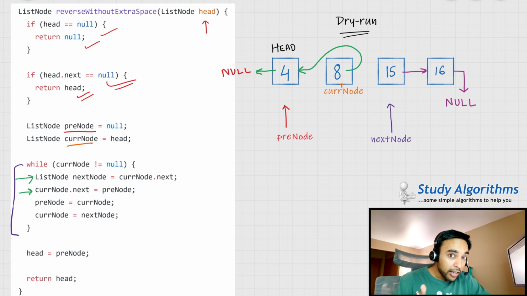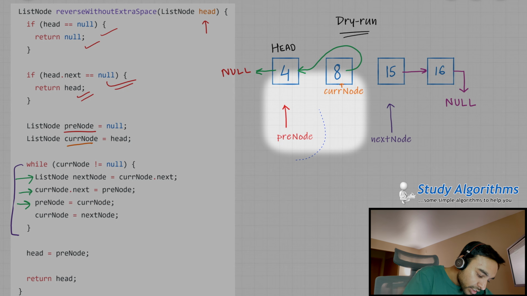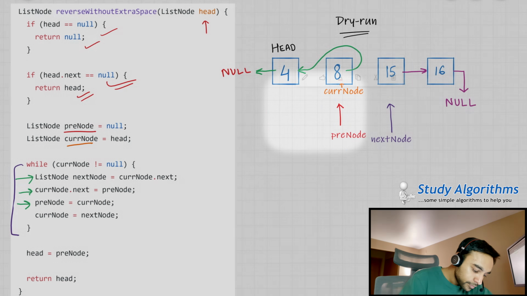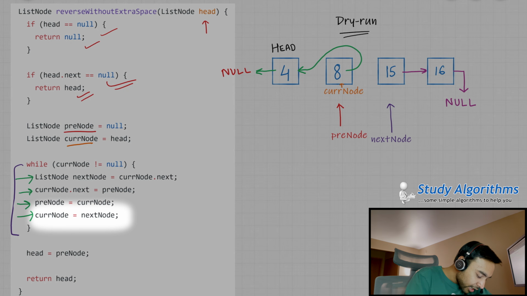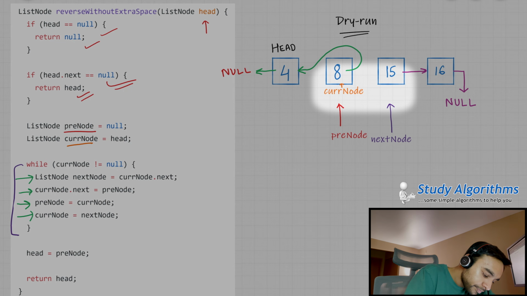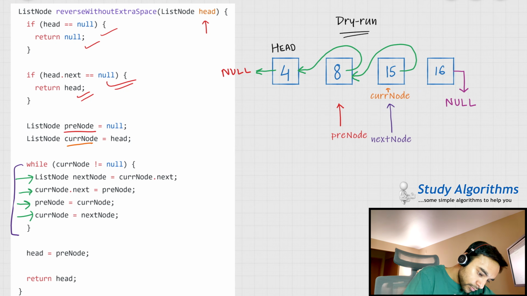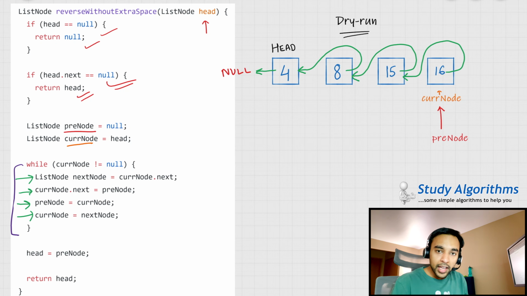So you see, we are eventually making a reverse list. Going ahead in my next step, I say previous node equals to current node. So this time, previous node again starts to point at your current node. And as a last step, I say current node equals to next node. So this changes my pointer of current node. Once again, this while loop will run and it will update the pointers. At the end of this while loop, your pointers look like this.